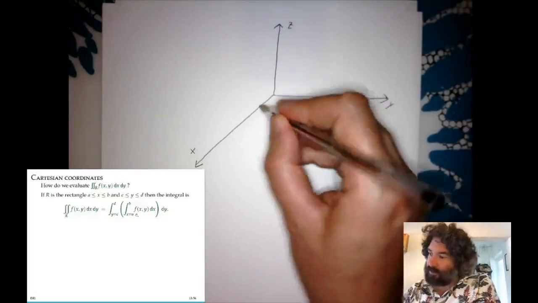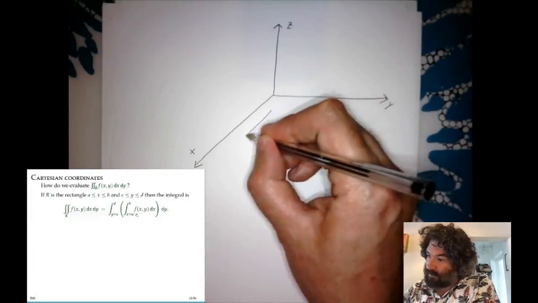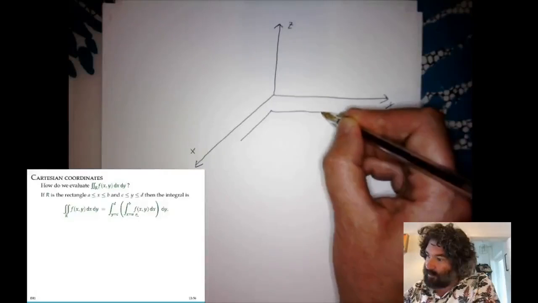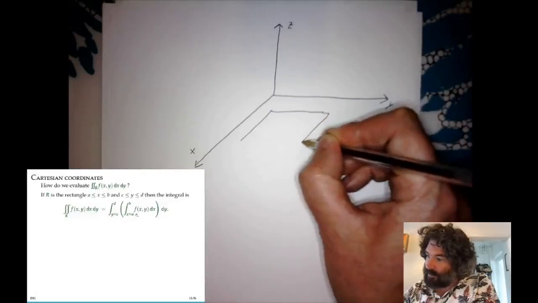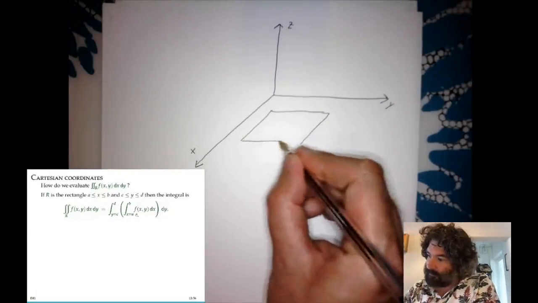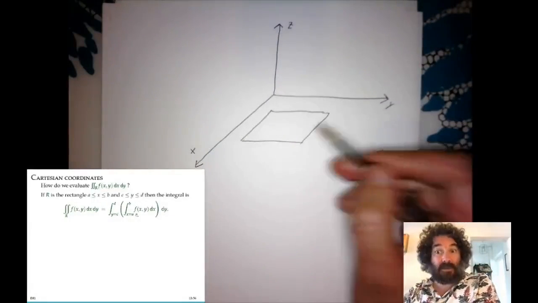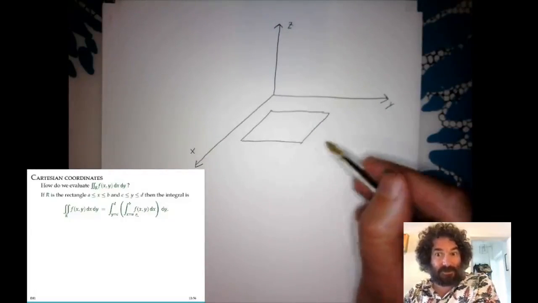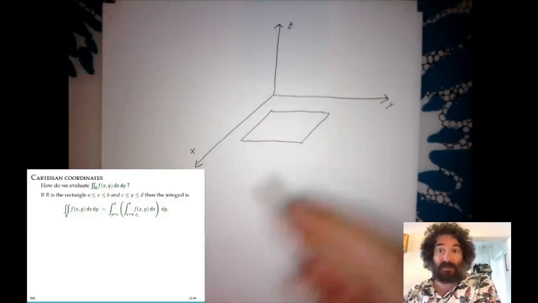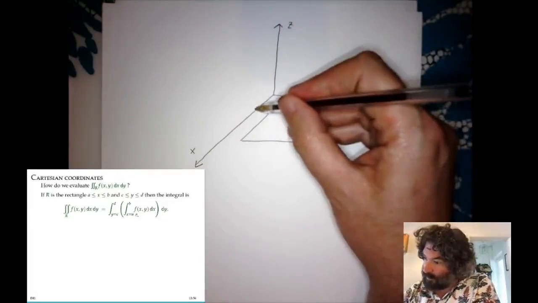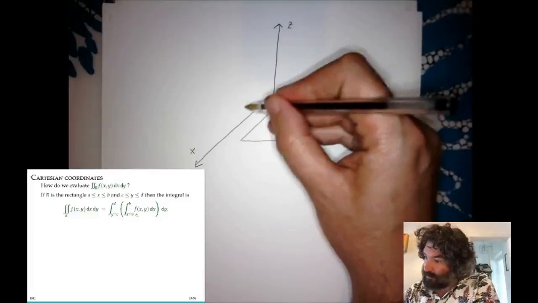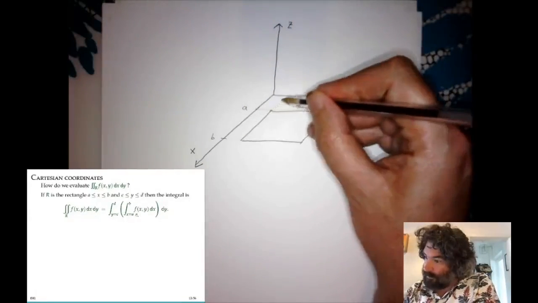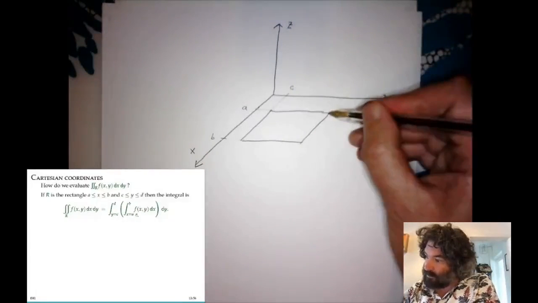And we have a region that is a rectangle in the xy plane. So this is in the xy plane, a region that we're integrating over, R. So this rectangle is the region R. I've drawn it kind of in perspective here, which is why it looks like a parallelogram, but it's a rectangle in the xy plane. And x goes from A to B, y goes from C to D,